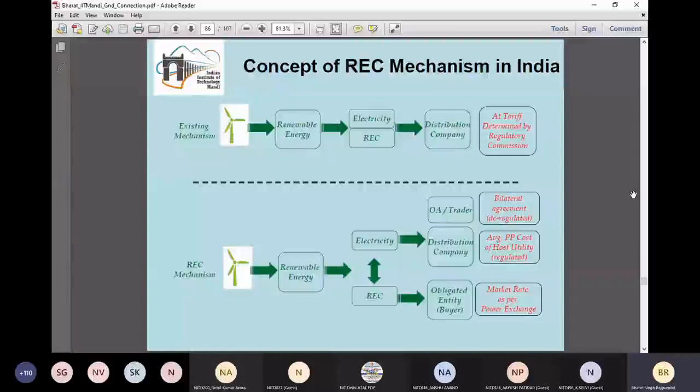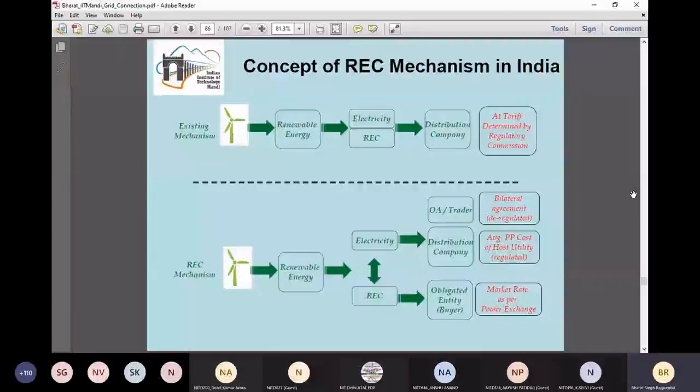So this certificate can be bought in any power exchange by the respective states, and hence they will be able to say that we have produced this certificate. It means they are able to utilize this certificate to meet the RPO requirements. Any doubt in this till now? Then please let me know.